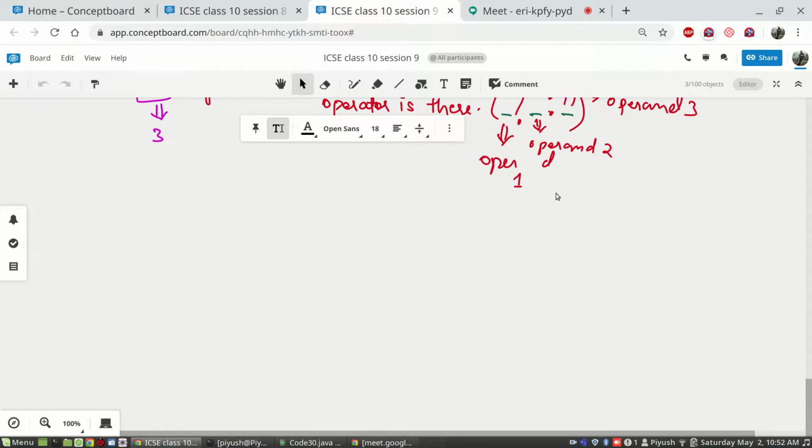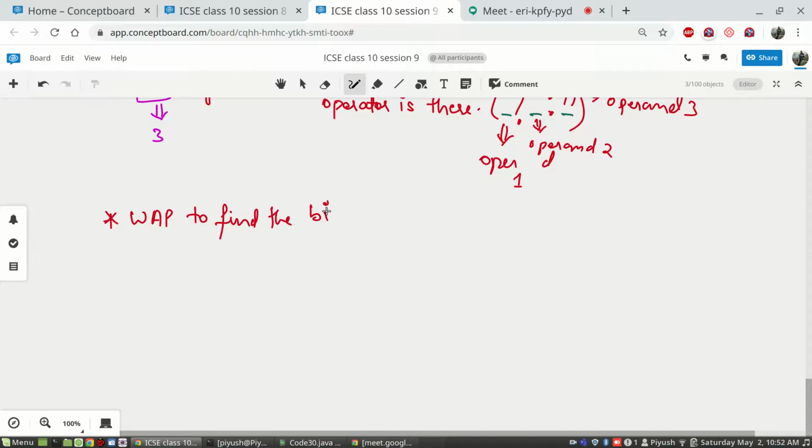Let's say you have to write a program to find or print the bigger of the two numbers.